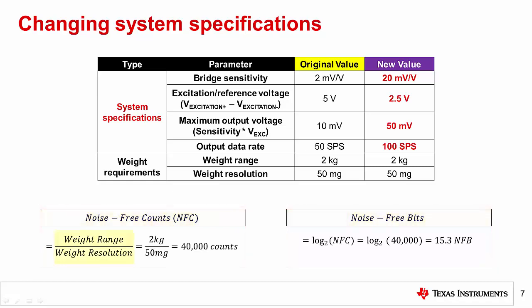These relative parameters depend exclusively on the weight requirements, which we will modify and analyze in an example later in this presentation. And even though changing the system specifications didn't affect the target dynamic range, they do have an effect on your ADC noise analysis. In order to determine if your ADC can still provide the necessary noise performance of the new system parameters, you would first have to calculate the resolution loss for each gain setting at the new data rate and reference voltage.